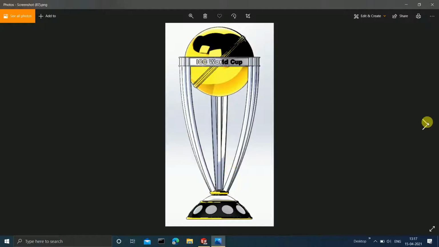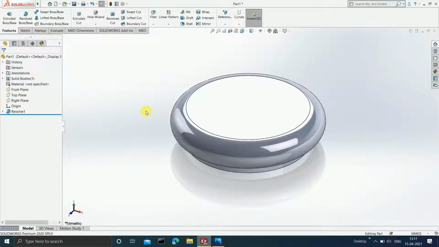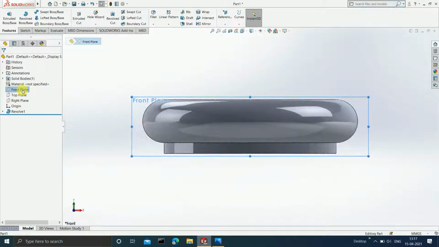Now the next thing that we have to do is to build a base, this curved base. Now this sketch is a bit complicated and you have to pay attention while doing this particular sketch. The first thing that we must do is let's draw this particular arc with a radius of 160 mm. Okay, so I'll now click on front plane, press Ctrl 8 and then click on sketch.